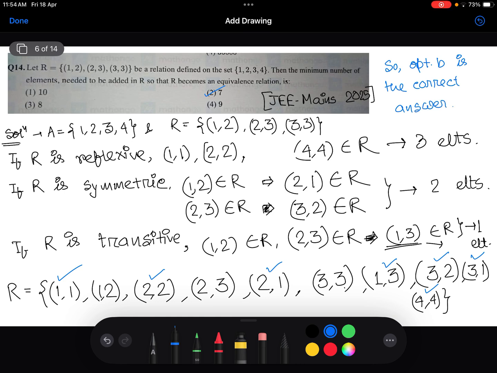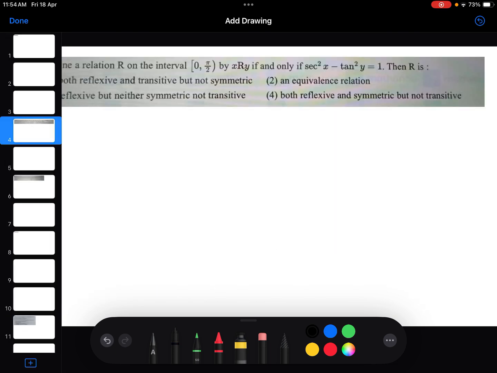Okay, got it. So we need to add 7 more elements for R to be an equivalence relation. Okay, let us do one more question. This also arrived in JEE 2025 Mains. Okay, what they are saying